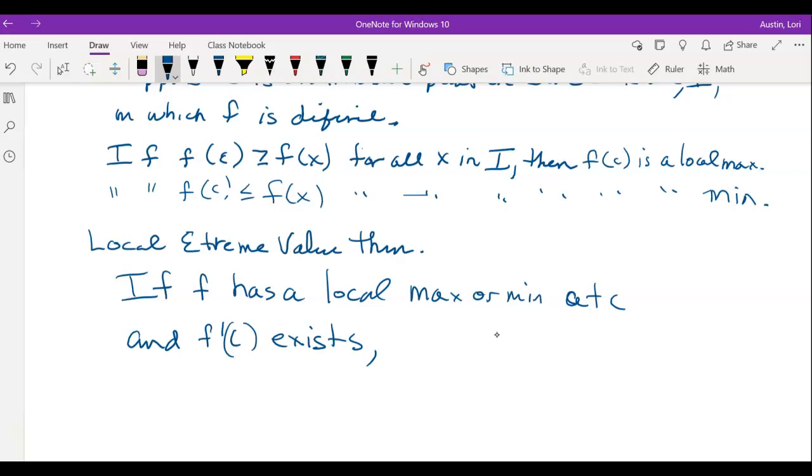Think absolute value graph, right? The V graph. There's an absolute min if you think of the letter V. But does the derivative exist at that value? Absolutely not. Okay, so number one, it can't be sharp. It has to be a smooth curve, right? It can't be sharp anywhere. So if f has a local max or min at C and the derivative exists, f prime of C exists,